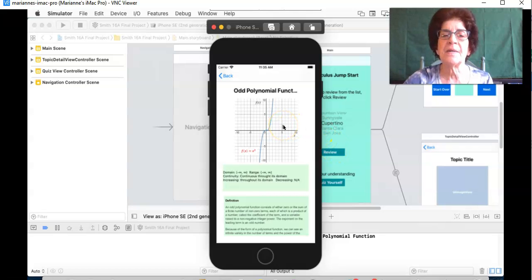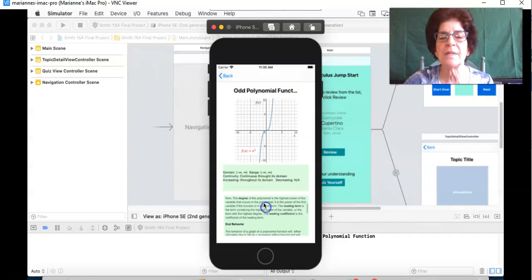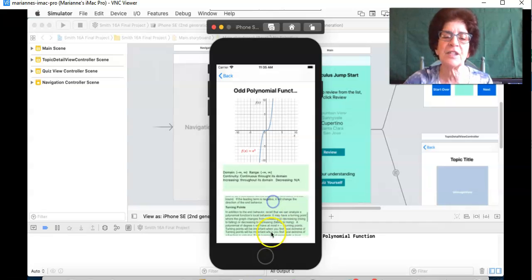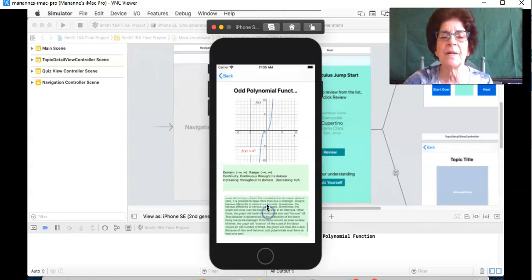When I go to the secondary screen, you can see you get an image of the graph of a standard odd polynomial function. Here's the equation of the graph. There's also information on the domain and the range, continuity, and whether or not the function is increasing or decreasing. Here is a scrollable text view that describes more completely some of the characteristics of the function that might be of use to students taking calculus, such as end behavior, turning points, which turn into maxima and minima, and